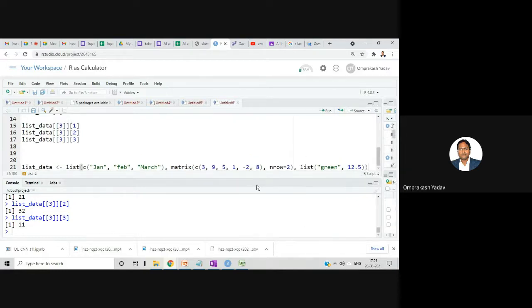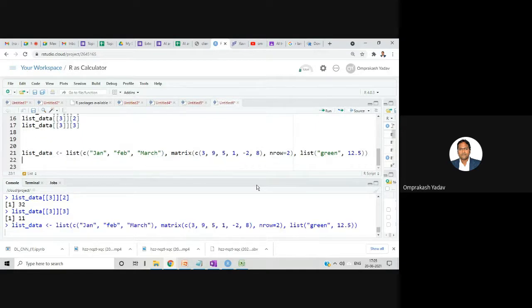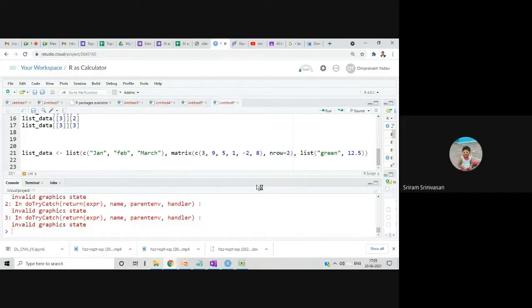Okay. So this is visible to all of you? Yes, sir. Okay. Somewhere I missed something. So list, this parenthesis is proper. Matrix.